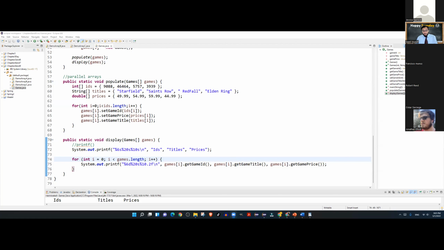So whenever you guys are done, make sure you add line 54, which is a call to the display method from the main, and you pass games as a parameter and run your program to make sure that you are getting the output. Yeah, that's what I thought. I did it probably 2-3 weeks ago, so it's quite possible that you guys don't remember it.